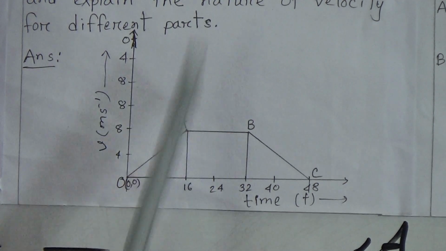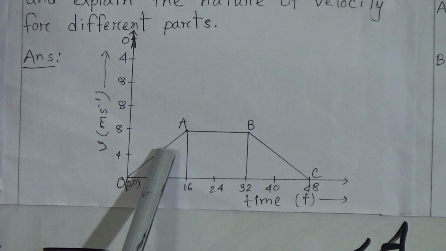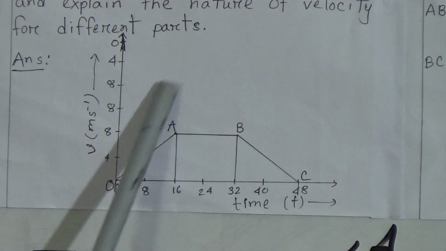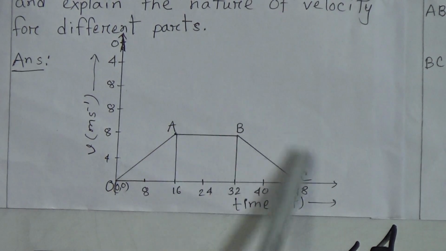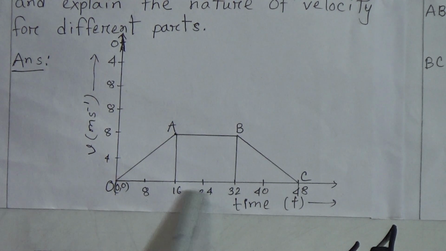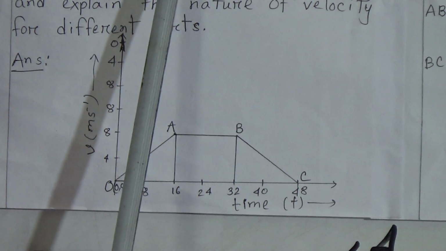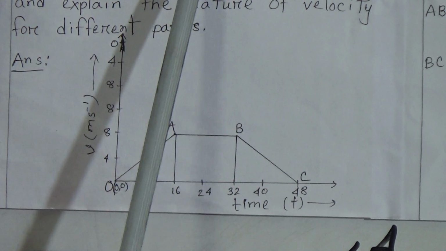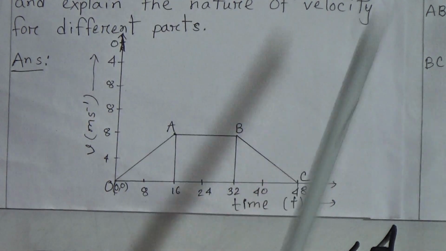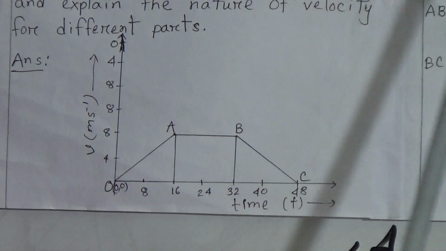At 16 seconds the velocity is 8, and at 24 seconds also 8. That means this graph is drawn here, from the box above. Now see this, from the graph it is seen that